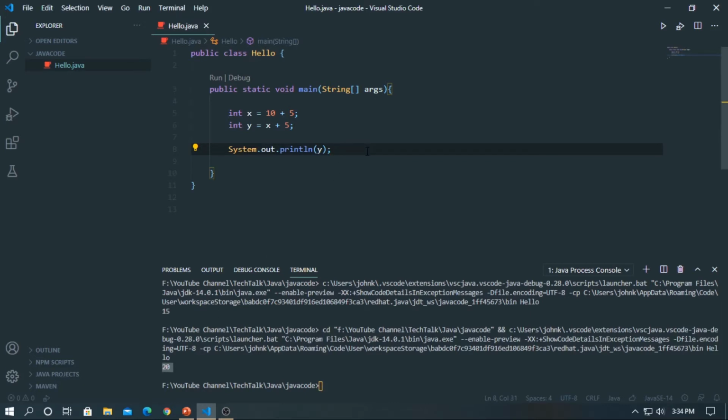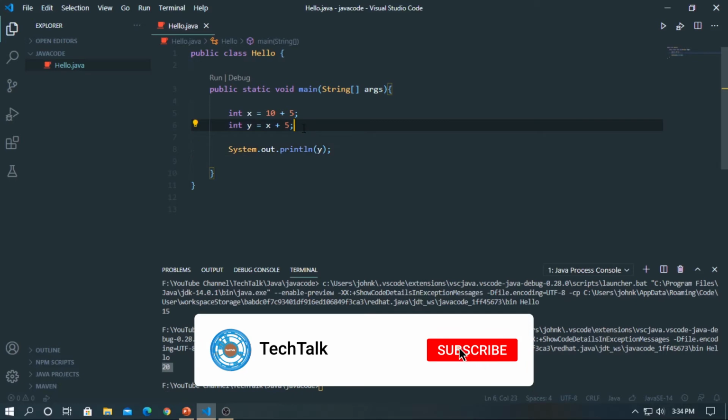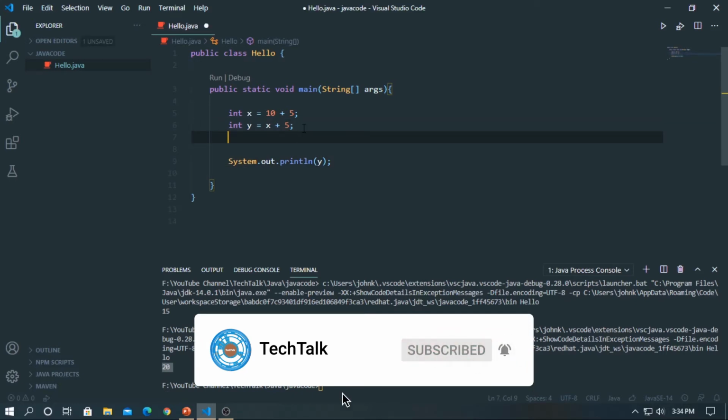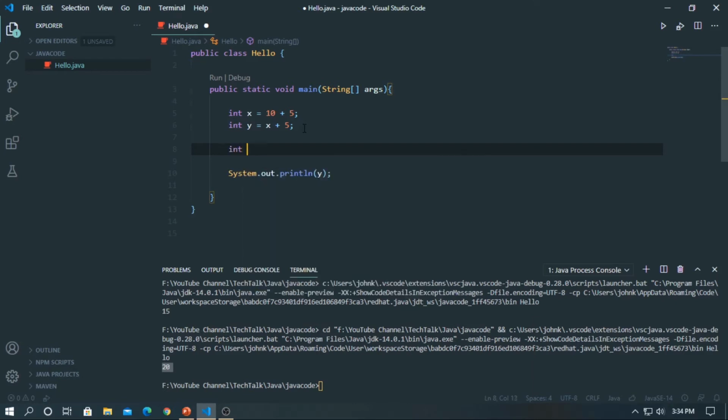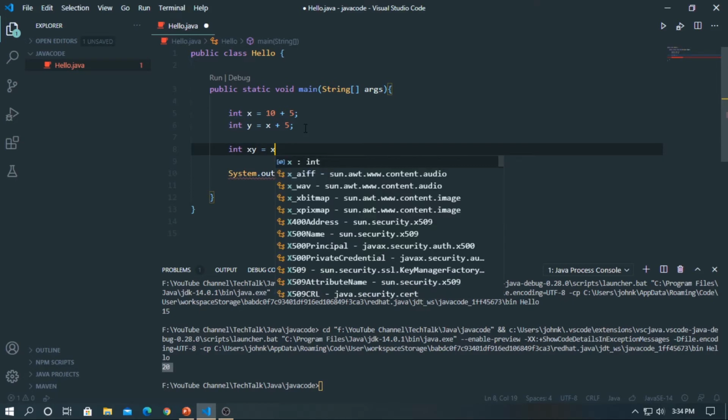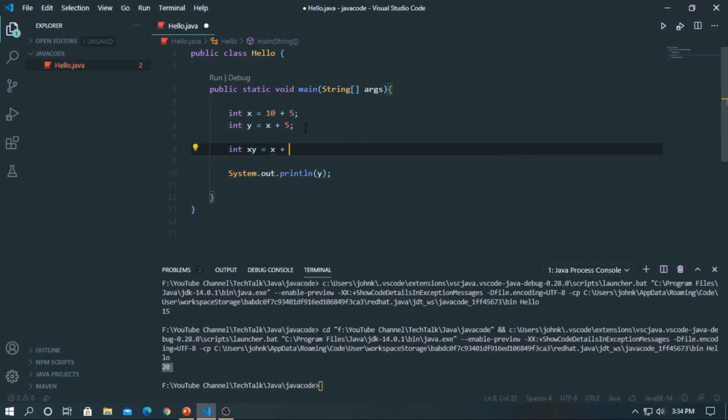Let's get another example in which we will add up the values of two variables. Let's get another variable of type integer, xy. So we will add up the value of x and the value of y. So x variable plus y variable.